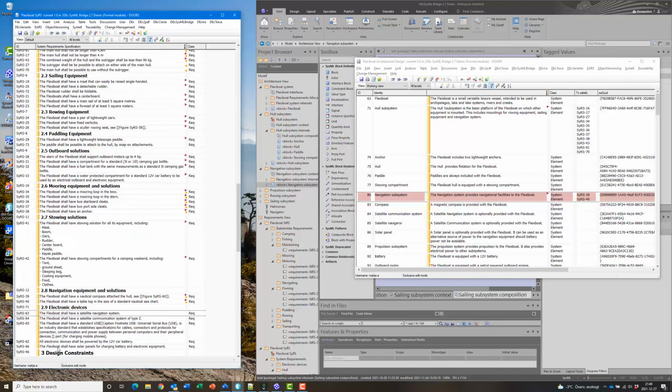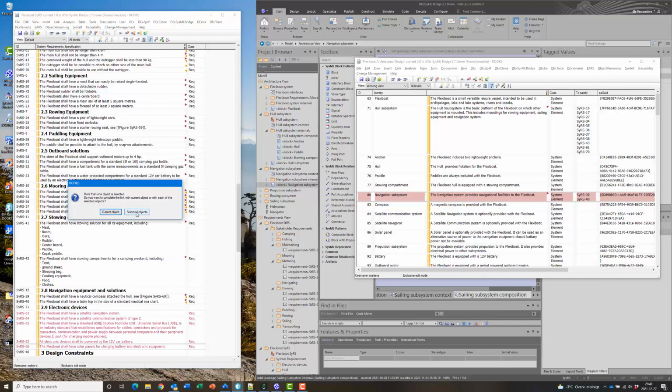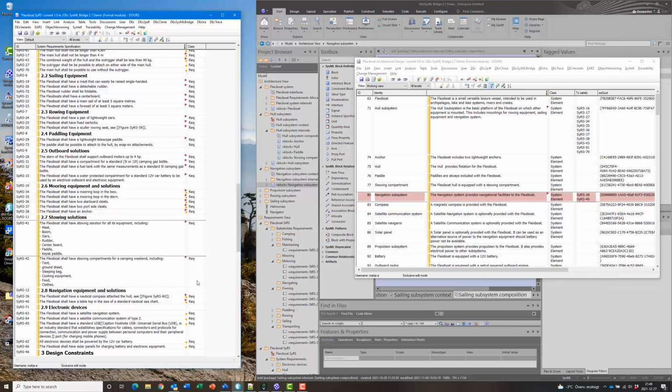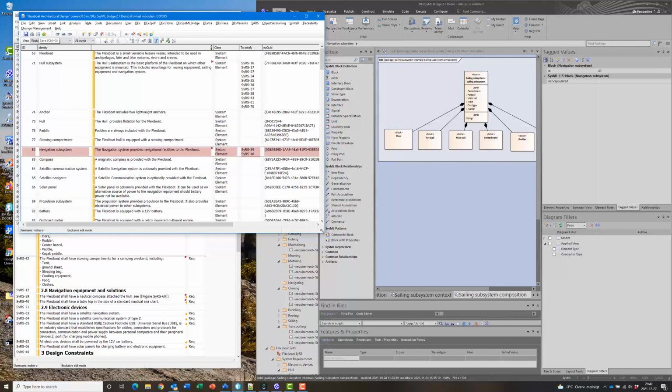And I guess these are also part of the navigation subsystem. Okay. So now I have created a number of links in